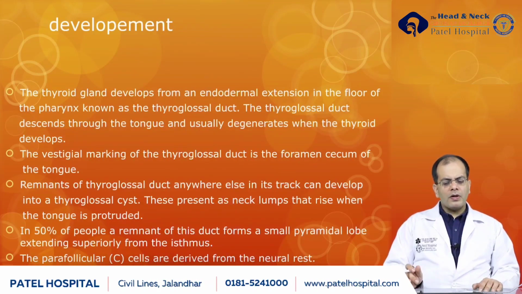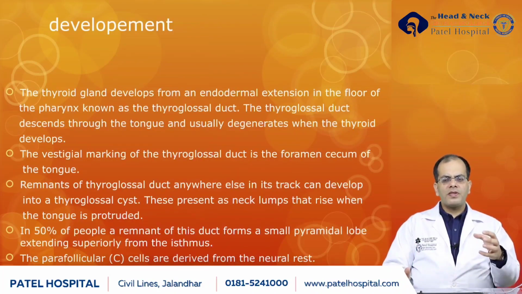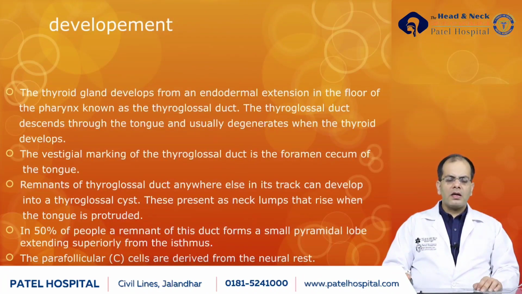The thyroid develops from an endodermal extension in the floor of the pharynx. It's known as the thyroglossal duct. Broadly speaking, the foramen cecum descends down from the thyroglossal tract. The tract then fuses with the lateral anlages to form it, and the remnant thyroglossal duct is going to involute. Now, in some people, the involution is incomplete. So, as a result, you get a thyroglossal duct cyst, and that is the embryological basis of explanation of this. The parafollicular or the C cells are derived from the neural crest,